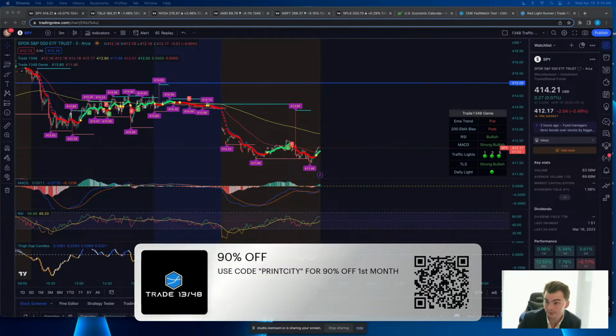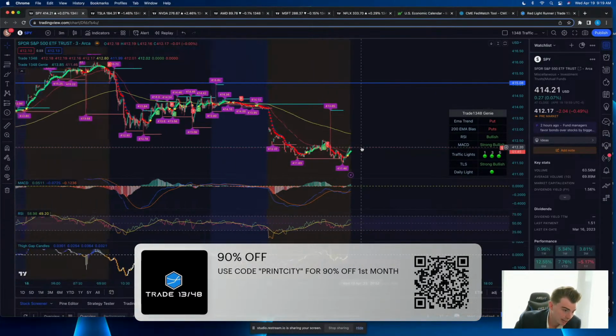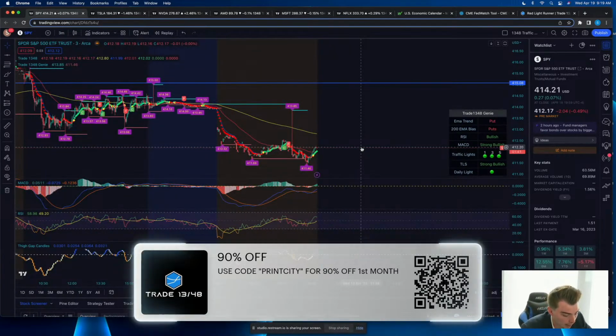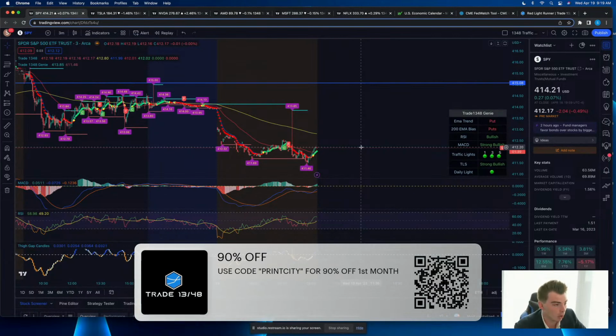Here's the QR code. There you guys go. So yeah, the midweek masterclass today is going to be more so about trading psychology. We're going to work through a couple of other tips and tricks for you guys. And then I'm going to also be working on that trading psychology full video for a lot of you guys. That's going to be a really good one. I think a lot of you guys are going to find a lot of value in that too.